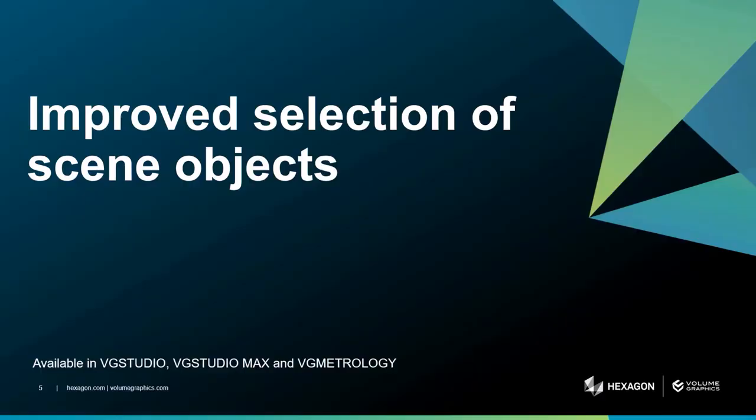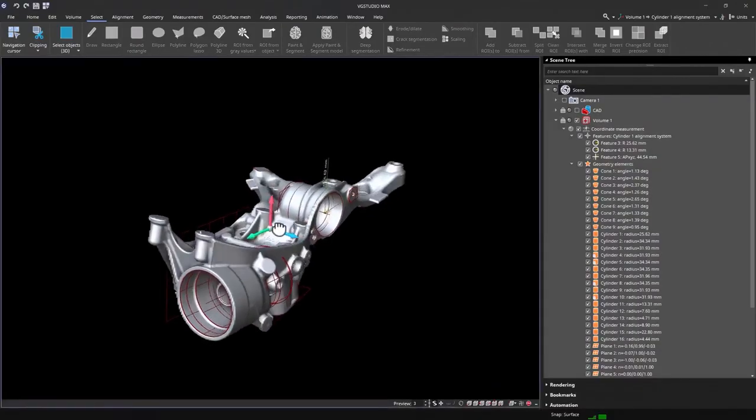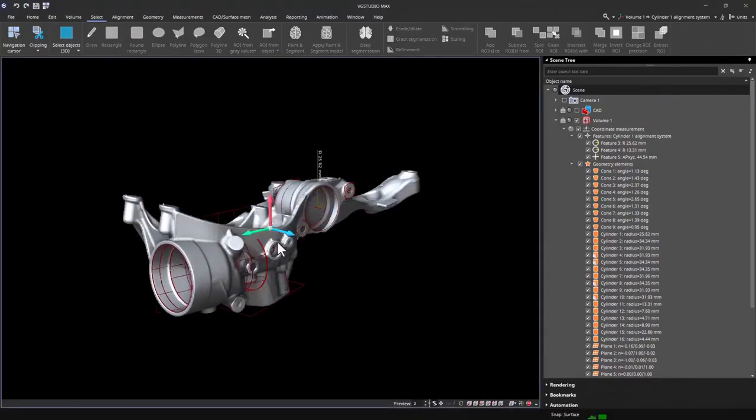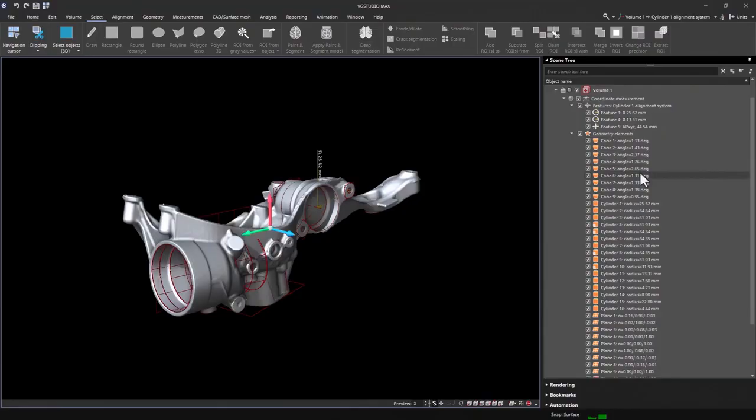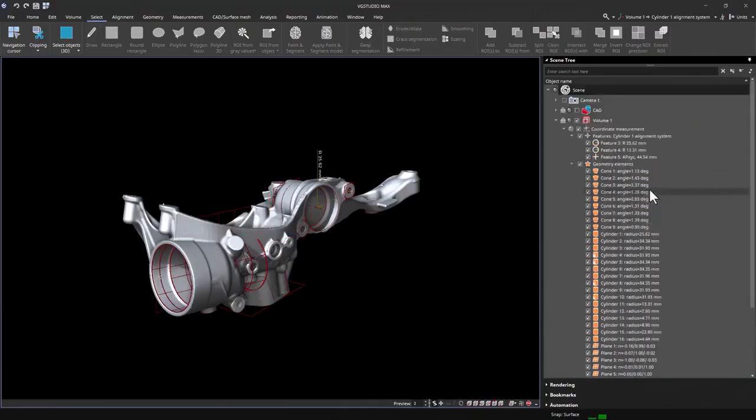Having many objects in the scene, it has always been a challenge to select a particular set of objects, and it was even harder to match an object to its corresponding scene tree node. Our newest 3D selection tools greatly improve in this area and enable you to select objects directly in the 3D